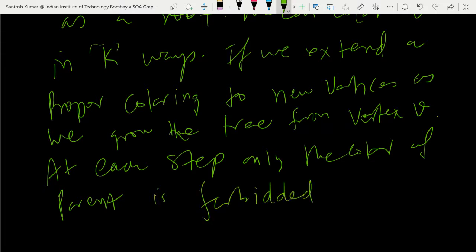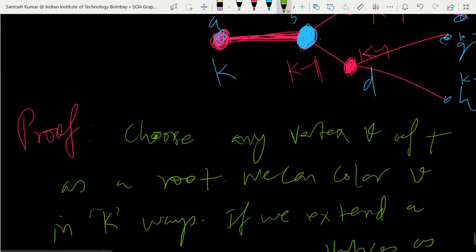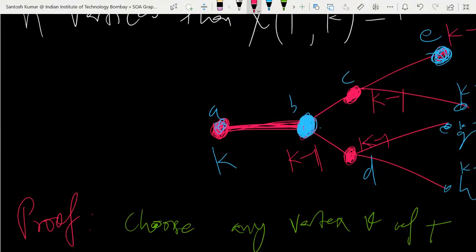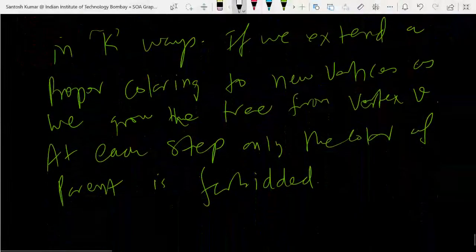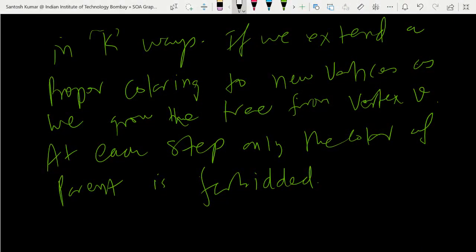The only restriction is that you cannot use the same color you used for the parent for the next vertex. Like here you cannot use this same color, and for the next vertex you cannot use the same color as the previous one, their parent vertex. So at each step only the color of the parent vertex is forbidden,